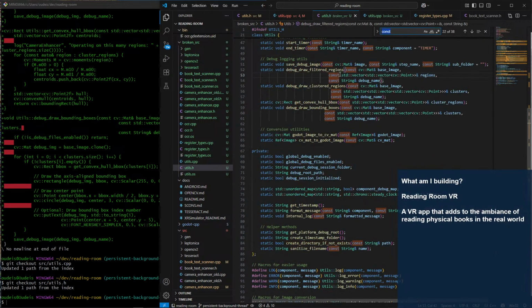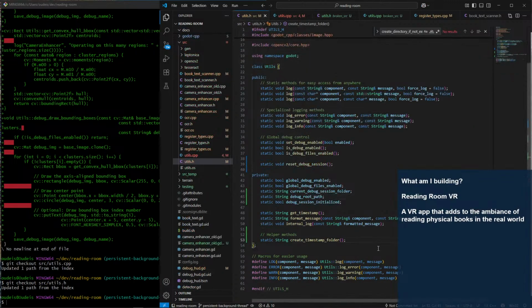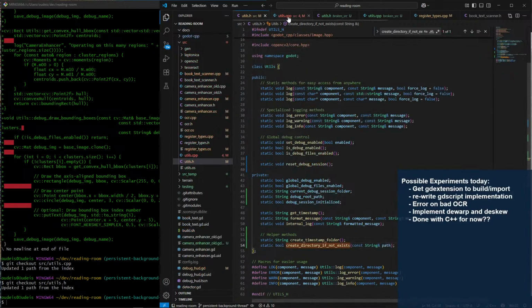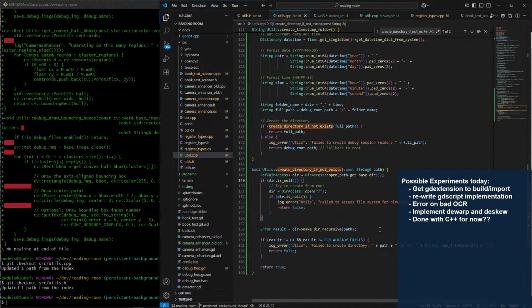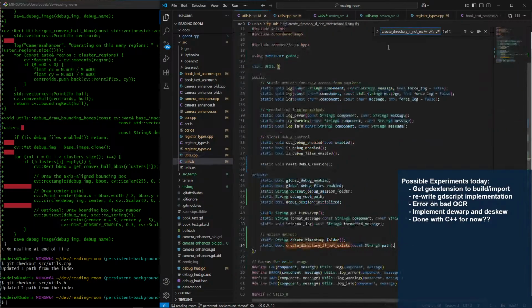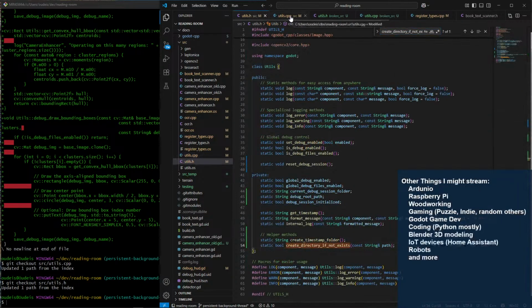Which is in the .h as another helper method. Everything's happy up to this point. Okay. So you are there as a Boolean that takes a string, a Godot string path.